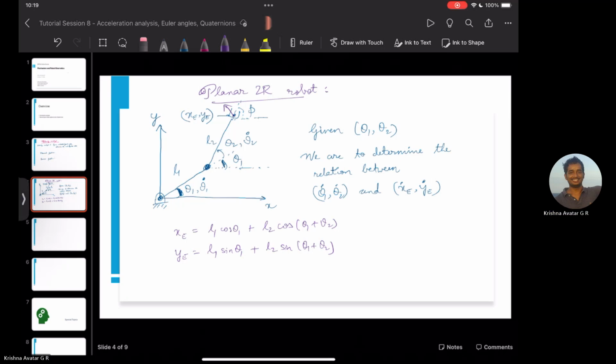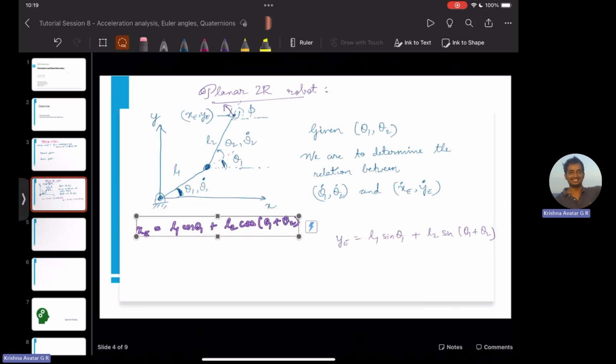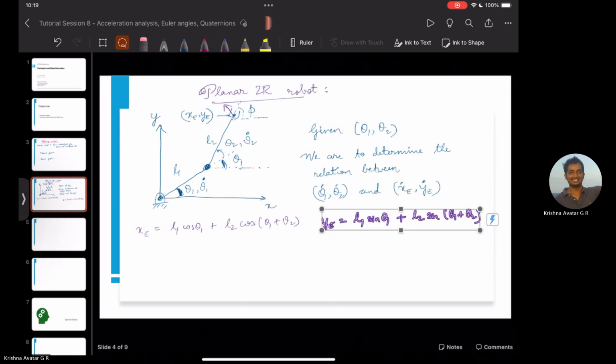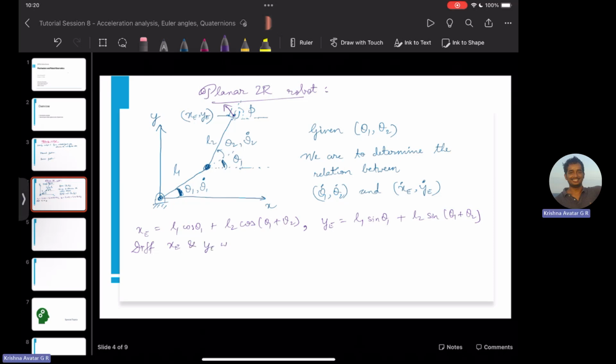And also, now what we do is differentiate. I'll put it somewhere so that we have enough space in the slide itself. Okay. So these are the x and y coordinates. Now let's differentiate xe and ye with respect to time to get,